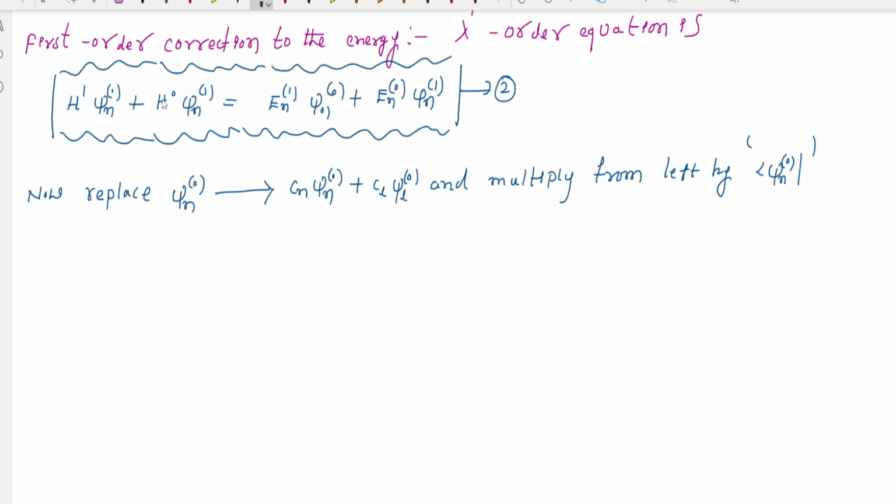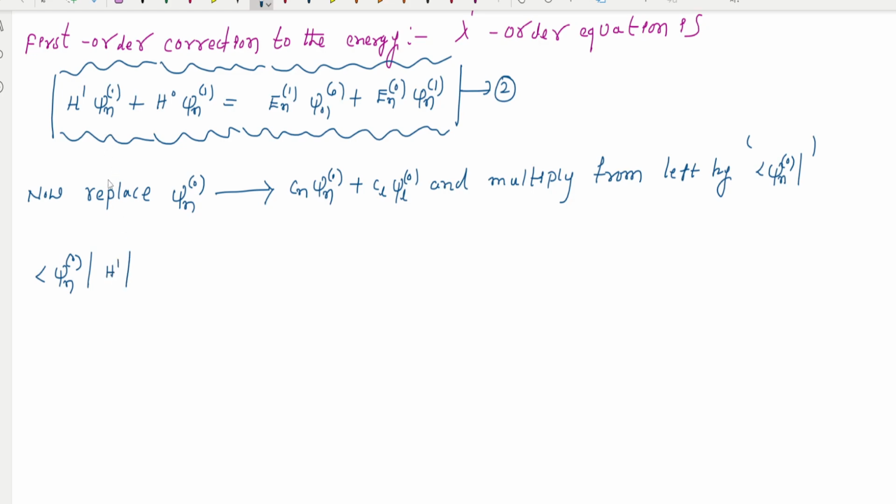So observe carefully. I'm going to use this equation number 2 in place of psi n power 0. Here psi n power 0 is there, and here psi n power 0 is there. I'm going to replace psi n power 0 with this one, and at the same time multiply the equation from the left side by this bra vector. If you do this, then you can get this equation: psi n power 0